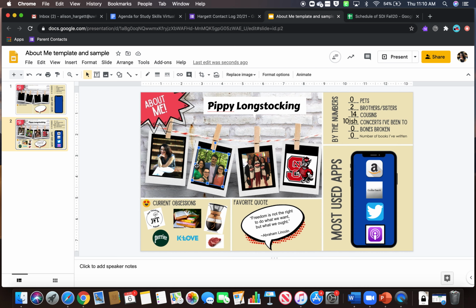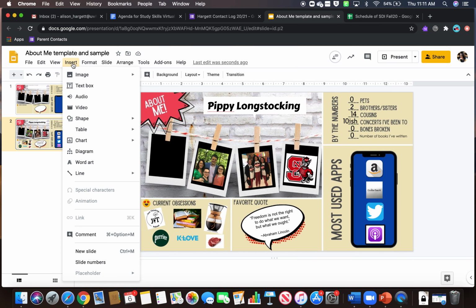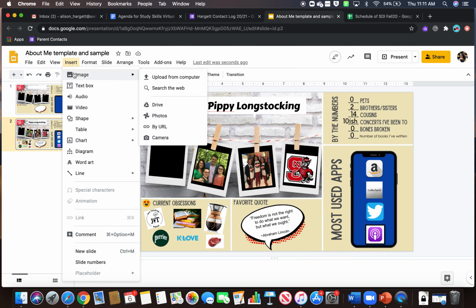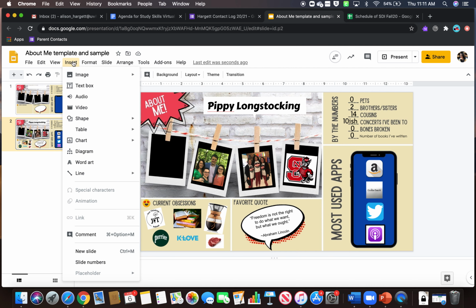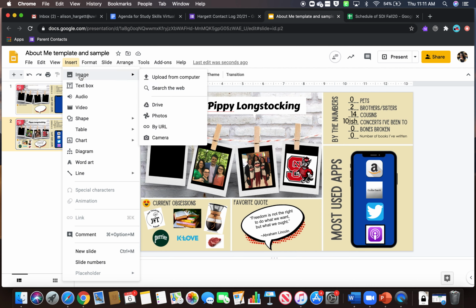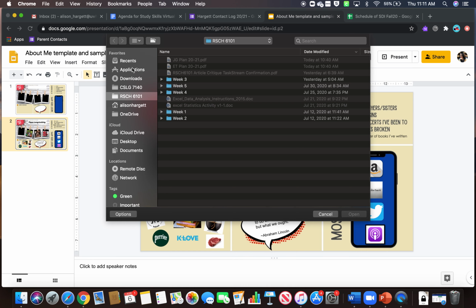But what you can do is you can just click on that picture and hit delete. Okay? And that's how you can have a space to put your own picture. Then what you can do is you can insert your own image. If you go to insert up here and you click on image, you can upload from your computer. So if you have a picture on your computer of yourself that you like, then you can just go in